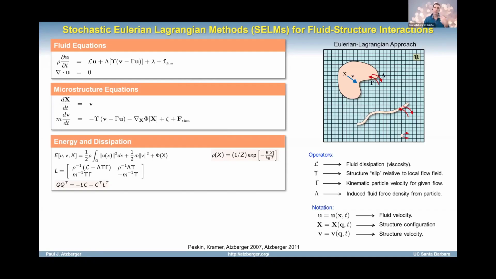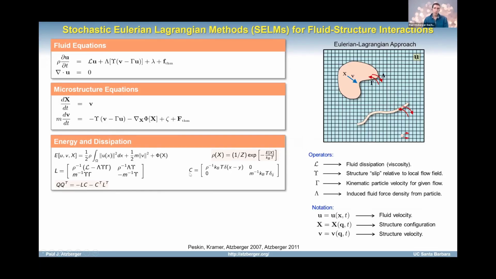And now what I need to do is just say what the covariant structure is for that Gaussian random variable. And so you can see immediately, because I only have terms U squared and V squared, the covariant structure is diagonal. And so what you end up with is the following operators formally that characterize the covariant structure, namely that you have delta correlation in space proportional to KBT and rho inverse. And you have, again, a kind of Kronecker delta correlation in the components of the microstructure. Okay, and so that's coming out again from the Gibbs-Boltzmann distribution.